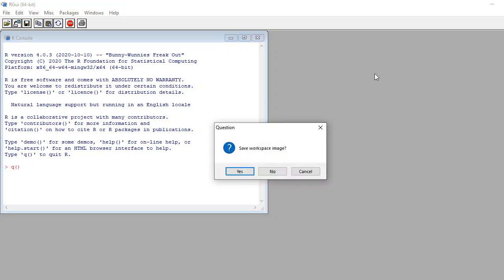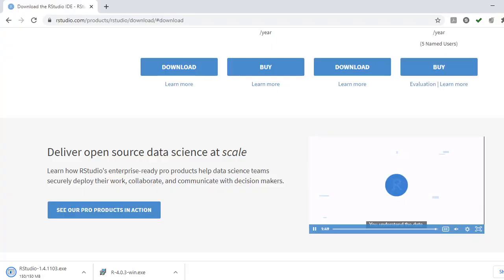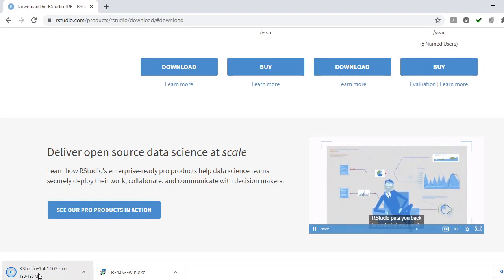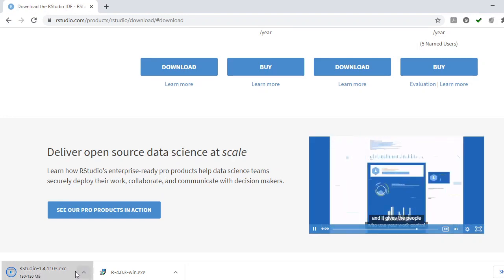Now the next task is I want to install RStudio. For that I have already downloaded it. Just again double click on it.